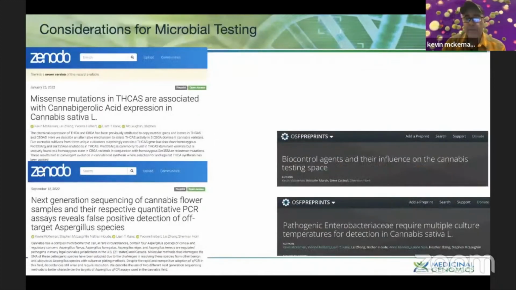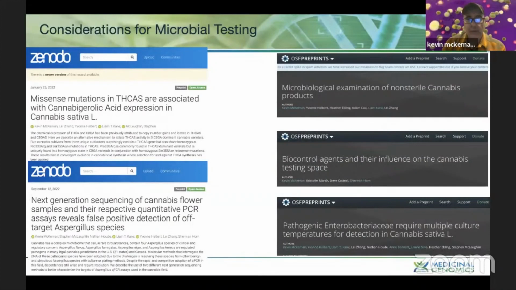We have a couple other papers we put out that touch on this. They're preprints at the moment. So there's one on microbiologic examination of non-sterile products in the cannabis field. It's just kind of an overview of all the problems we've seen in the field. Some of these plating systems can't really differentiate bacteria from yeast and molds, and so they have a lot of crosstalk between them. We've also found some biological control agents that are out there that are being used that even